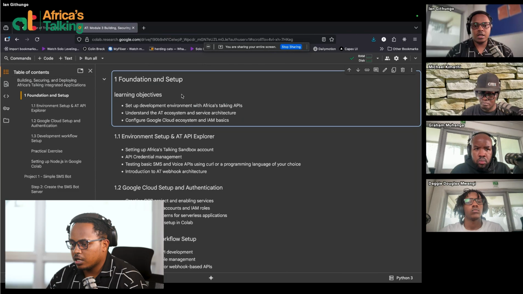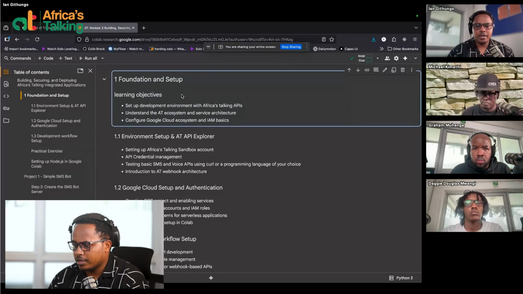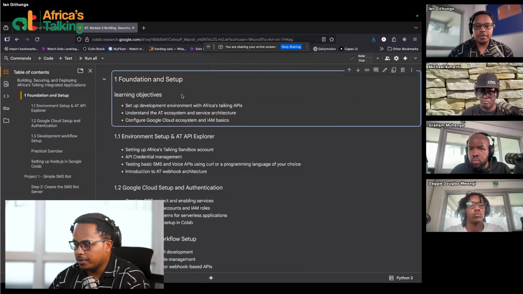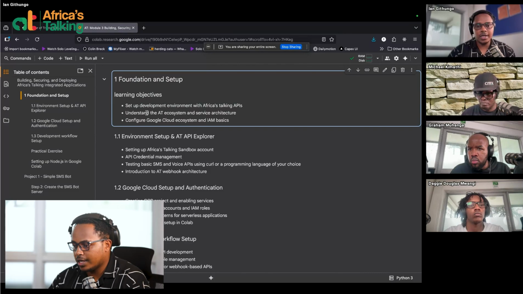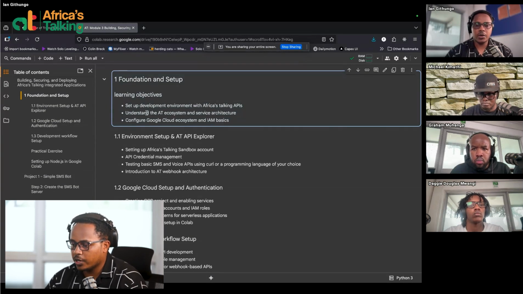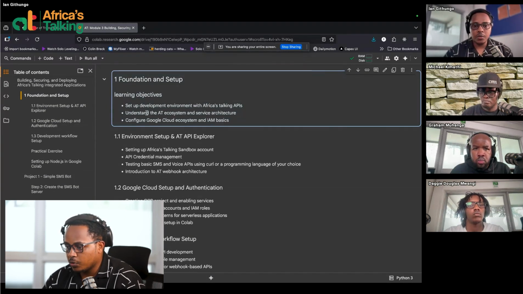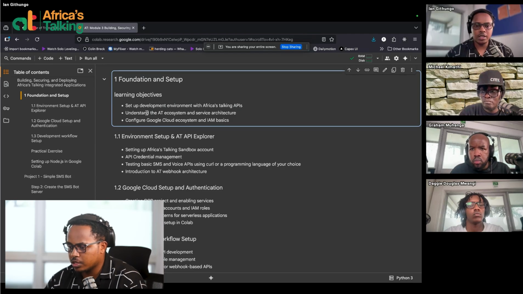This includes USSD, SMS, airtime, voice, callback as a service, what else? SIM swap. So there are a couple of services that you can utilize from AT. We'll just go through them and try to understand how we can utilize them within this partnership with